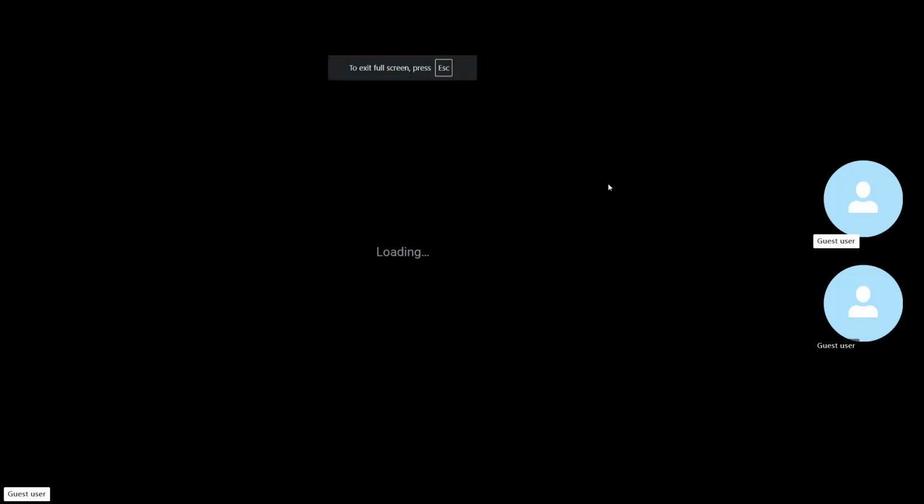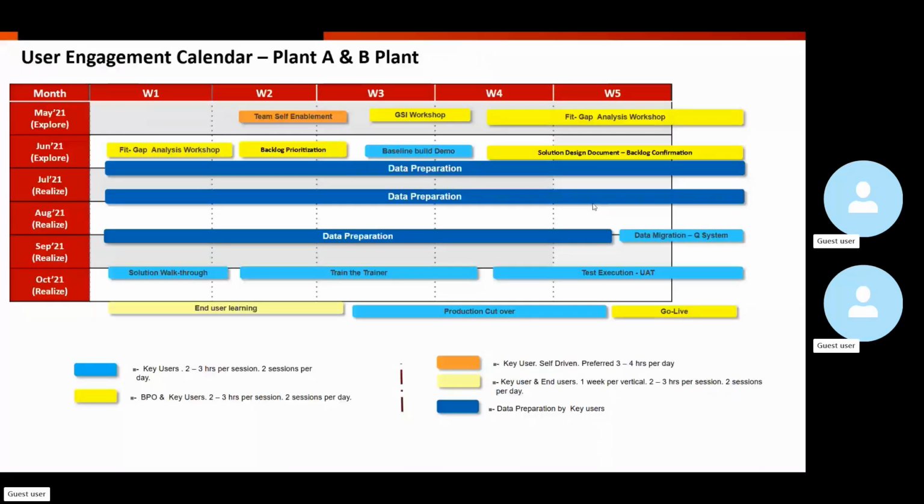So I was talking about three different workshops, right? One is GSI confirmation, other one is data migration, other one is interface inventory workshop. The purpose of the data migration workshop is to identify which objects are applicable. Before this, what did we discuss yesterday? You need to discuss the GSI and prepare the L1, L2, L3, L4 business processes such that you will know what is the migration object applicable for the customer.